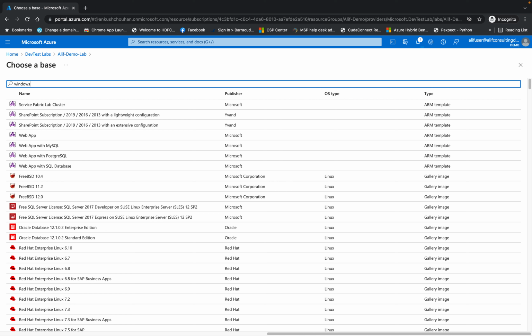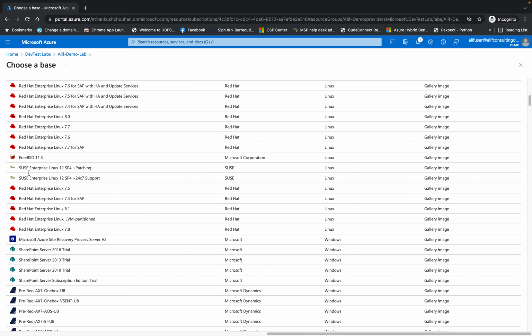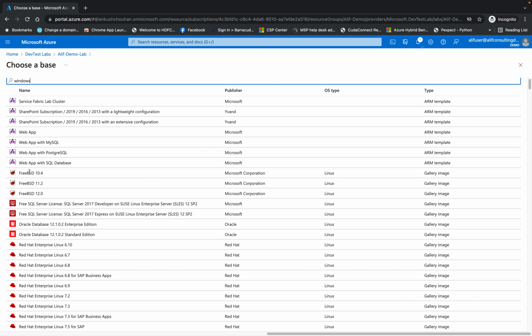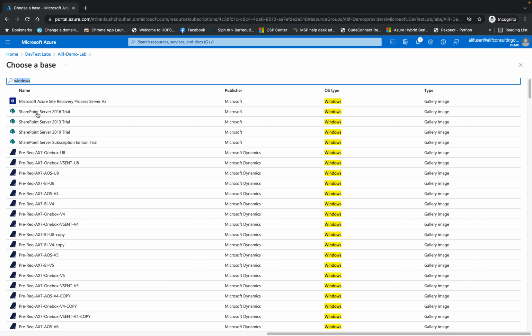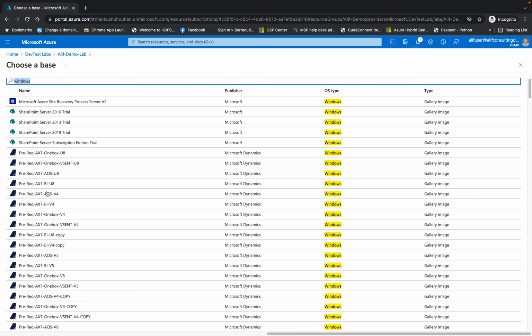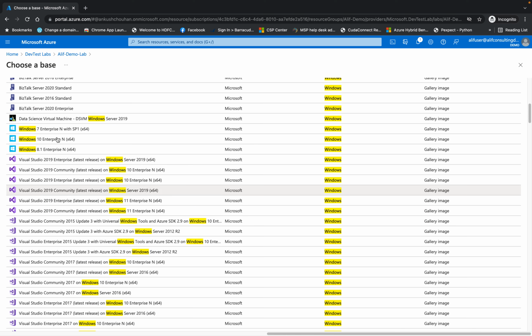No, it's not searching it actually. So let's do one thing. Let's select FreeBSD. Okay, let's search for the Windows, right? Okay, so here is the Windows machine. So we do have a client machine to run. So let's select Windows 10,